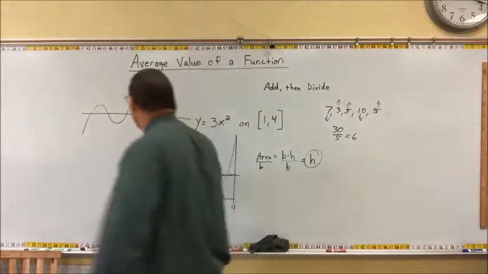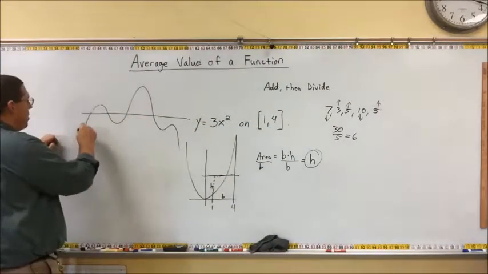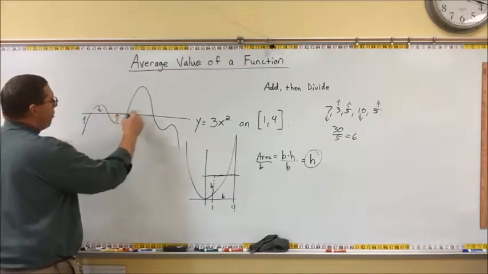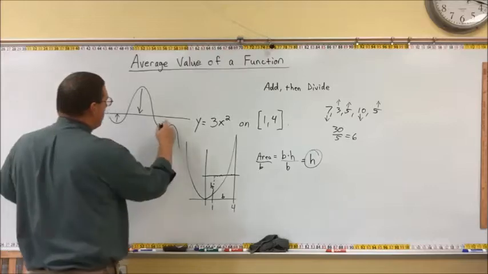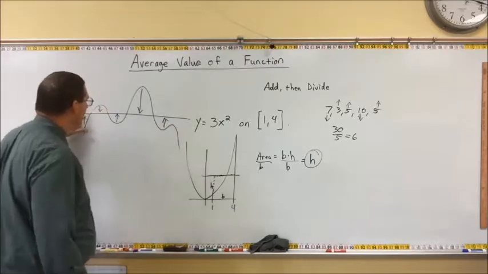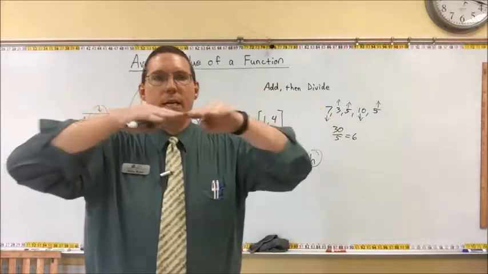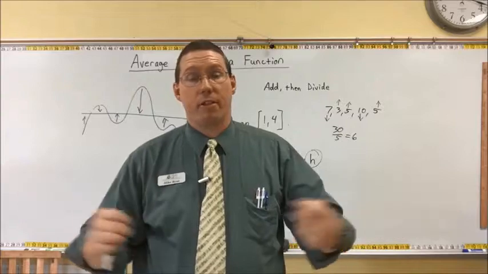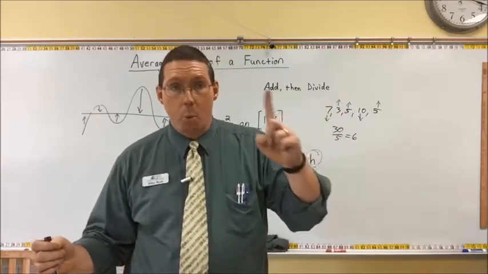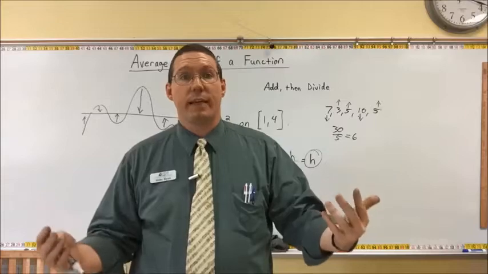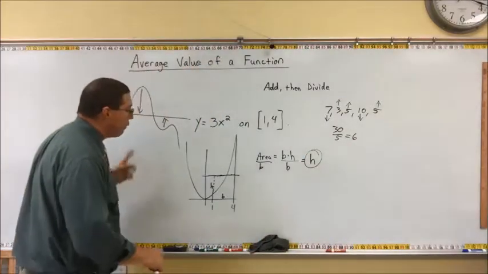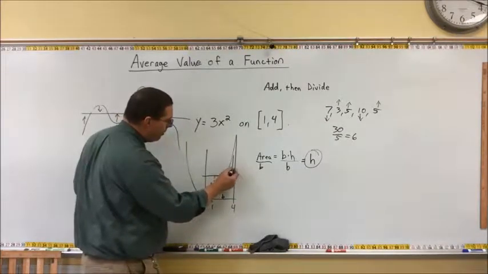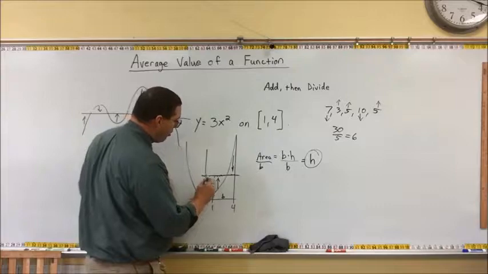So here, if we push up these lower values and push down these higher values, the entire function would become a flat constant line, and it would be one number. There would be no x in it. There would be no variable. It would just be one number. That is the idea of the average value of a function. You're flattening the entire function out, bringing up the low values and bringing down the high values so that it's a flat line,